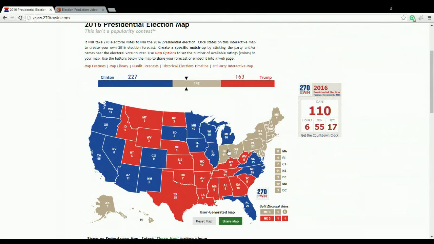In Indiana, of course, Mike Pence is going to turn that red. Mike Pence can probably turn Ohio red. And in not Pennsylvania, in Indiana, Ohio, I think Trump can turn that red. That's part of the Rust Belt too, a lot of the job loss and such. Pennsylvania, there's a lot of talk that NAFTA could turn that red. If you don't know what NAFTA is, you can research that. That was signed by Bill Clinton, but Hillary Clinton did support it. That could turn Pennsylvania red, but I'm going to keep it blue because it's traditionally blue.